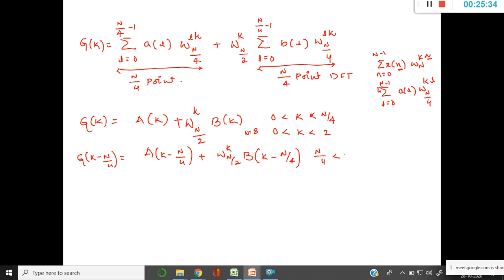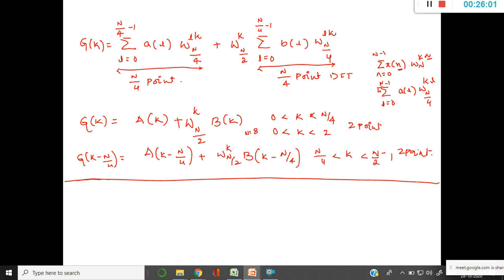So once again, from n by 4 up to k less than n by 2 minus 1. So I got the 4-point DFT from this now, right? Here 2-point DFT values, here 2-point DFT values. In total, from G of k, I should get the 4-point DFT. I got it. Now, if I consider n equal to 8-point DFT, then again I should have